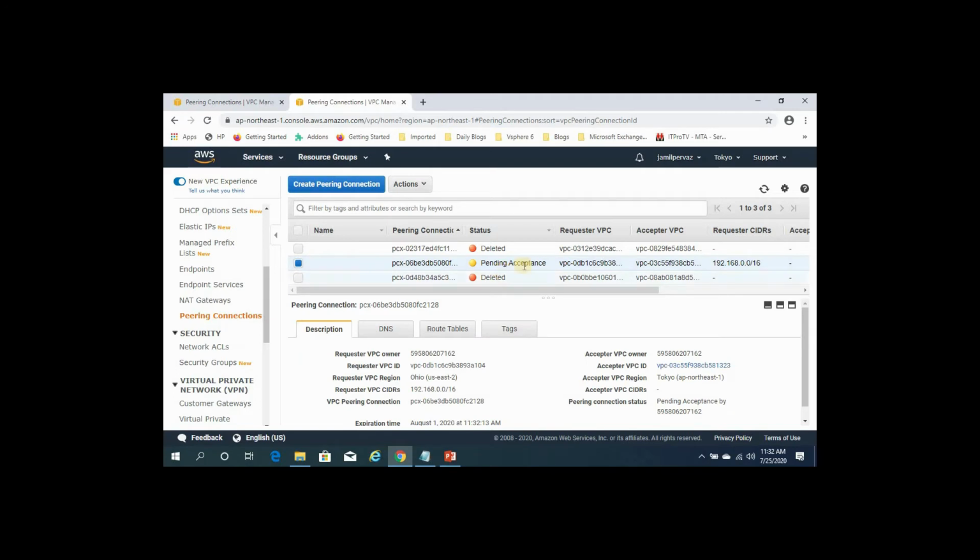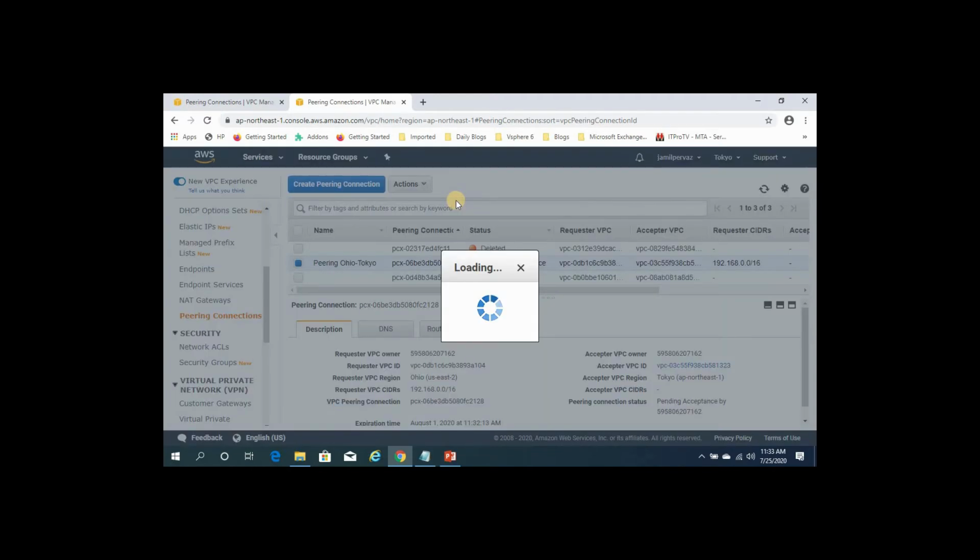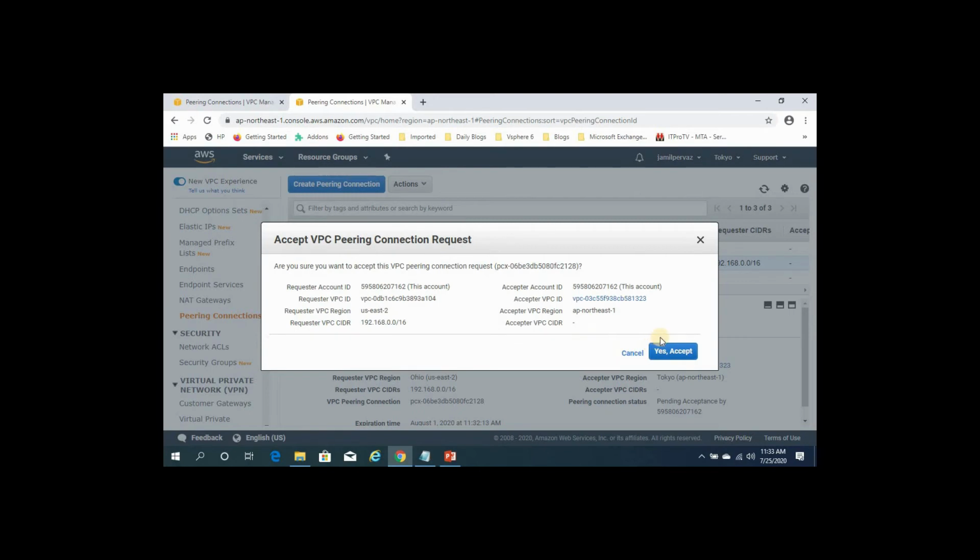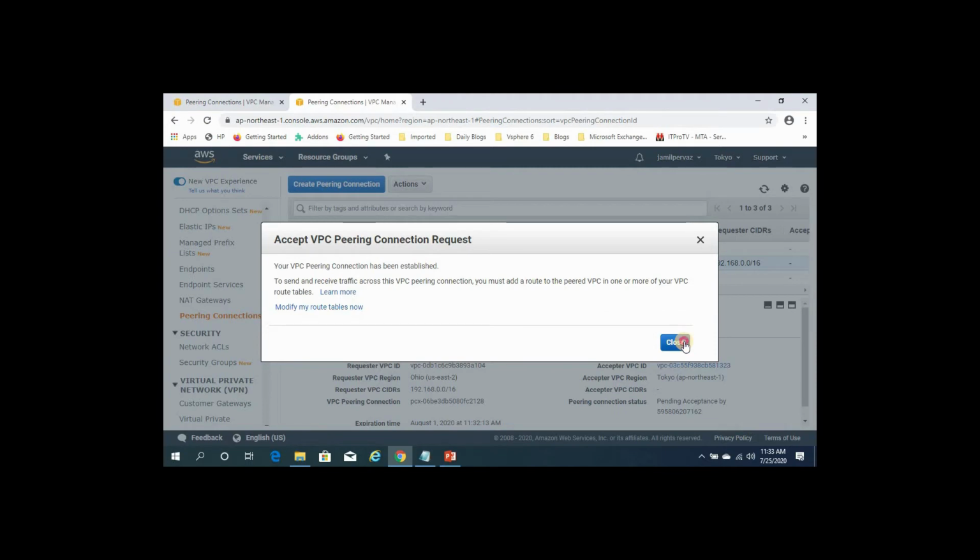Here you can see the peering connection, you can rename it peering Ohio Tokyo. Select your peering connection, select the action menu, click accept request, click yes accept, click close.